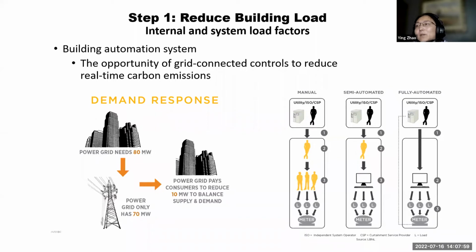So then the power grid will pay the consumer to reduce the 10 megawatts to balance the supply and the demand. So they will send the building a signal. If you participated in the program, they will send you a signal to reduce. Either you can manually reduce some, for example, you shut down some equipment, or if you already programmed some equipment, some equipment can be shut down